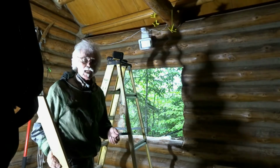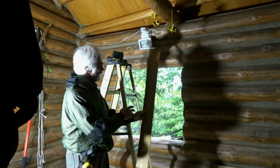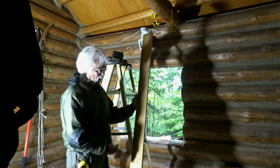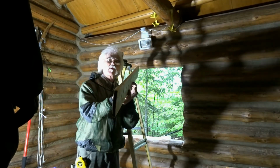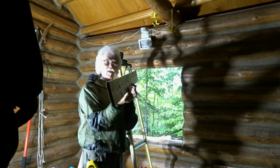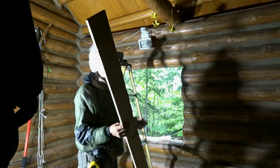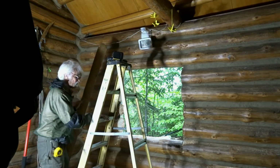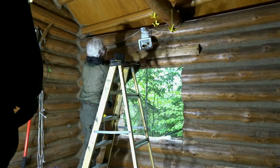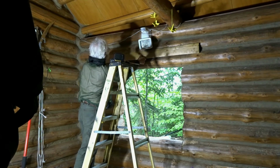One of many things I've learned is you can't get lazy. Lazy doesn't end well. So you can see the one side of this board is ripped to hell. This is my safety board that tells me when I touch this, I'm off my mark. And after a while, this just got ridiculous, so did the other side. So what I did was I took it outside during the break in the rain and cut it straight again using my vices on the fake table I've got built outside. So now this will be true to the mark, which is a big deal. You start going off, correcting stuff like this takes a heck of a lot longer than just doing it right the first time. So there's my square, and I'm happy about the mark I made